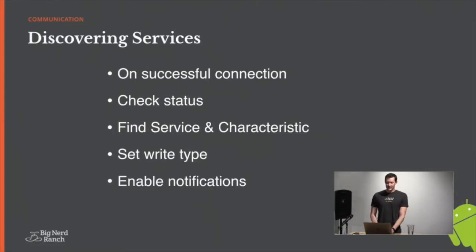So now, discovering services, back on the client. On the successful connection, we check the status. Like I said, if it's not connected and successful, bail out. What you then have to do is you have a reference to the GATT. You basically say GATT.getService, and if you know the UUID, you can just go ahead and access it that way. Otherwise, you can get services and loop through them and check to make sure that UUID matches what you're looking